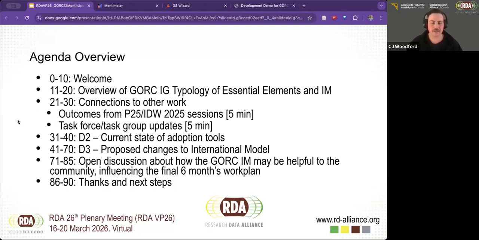We'll get a little bit of update from that, and then we'll move into the current state of adoption tools, just to remind folks how you can currently use the outputs in different ways and for different purposes, and also some of the new things that have occurred over the last little while. If I can, I'll show a quick demo depending on time. Then we'll move into the meat of the meeting, which is more about the discussions, proposed changes to the model, and in particular, an update from the Maldrith Task Force and a discussion on the representation of interoperability in both the model and the typology. Both things have been very, very active discussions over the last 6 months or so, so I'm really excited to showcase what's going on with those.